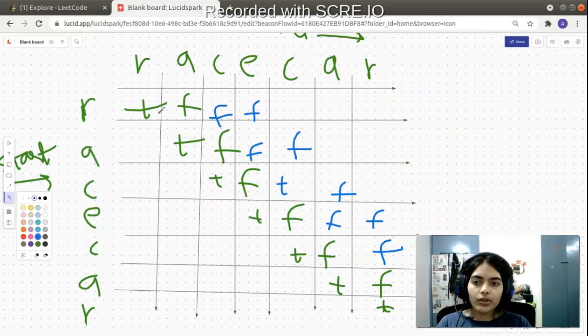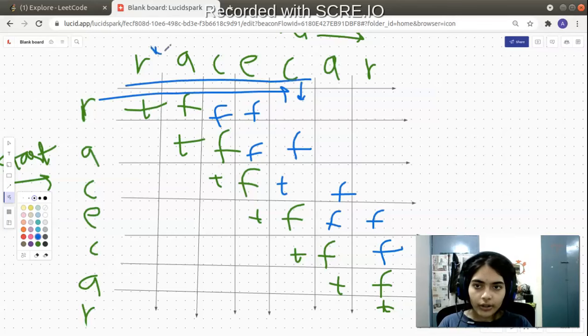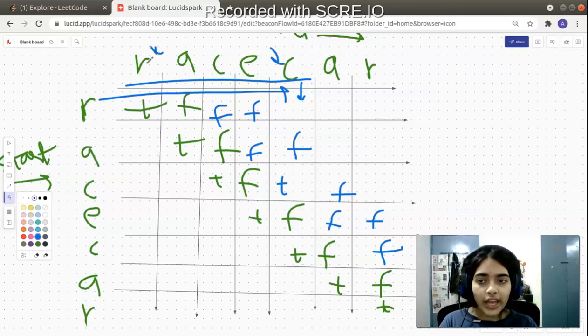Suppose strings of size 5, what we have is here, we start from this particular value R and end at C, starting at R. Okay, RACEC. R is not equal to C. Okay, these two are not equal. That means even if the inner string is a palindrome, we don't care. We have to just check the first and last character first, and then we'll move on to the inner characters. So R is not equal to C. This is definitely false. Okay, let's move on to the next string.